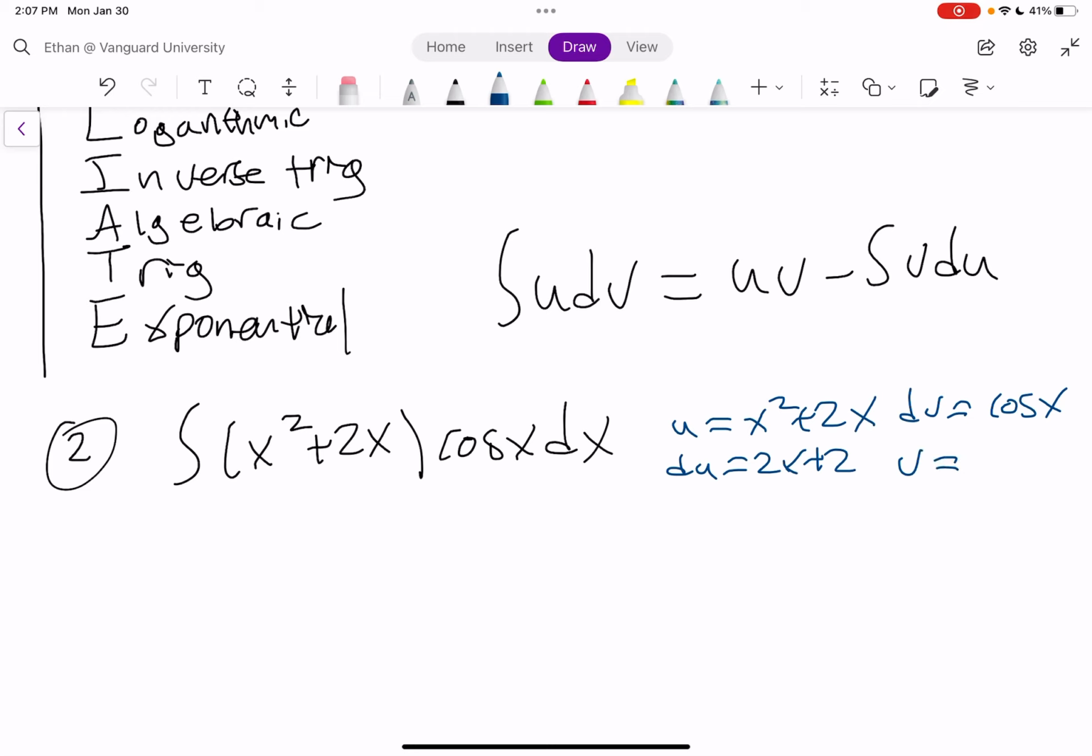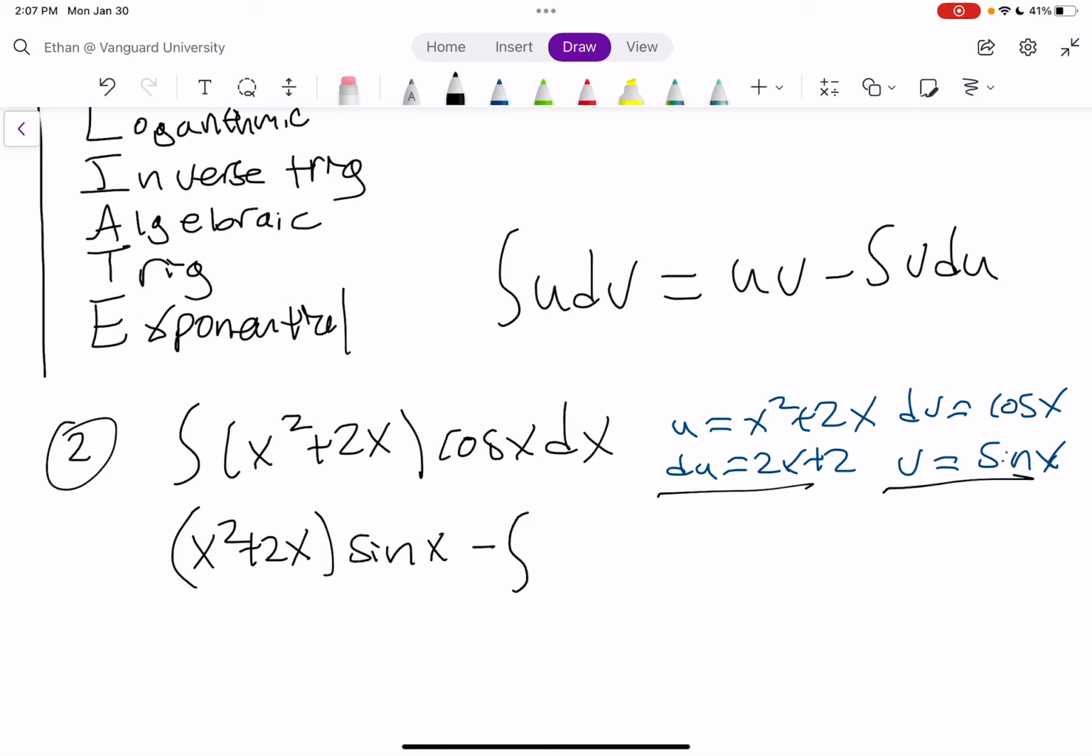and our v is just going to be the integral of cosine x, which is sine x. So now we're just going to plug everything in. We have u times v, so x squared plus 2x times sine x, minus the integral of v times du, right here, v times du, of sine x